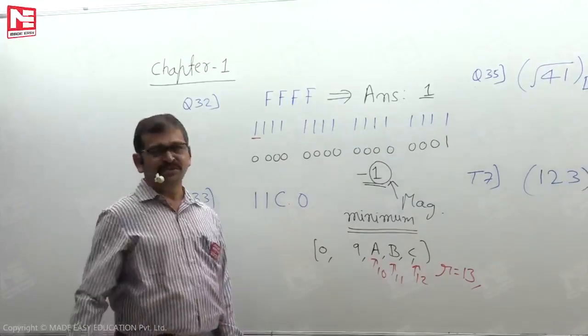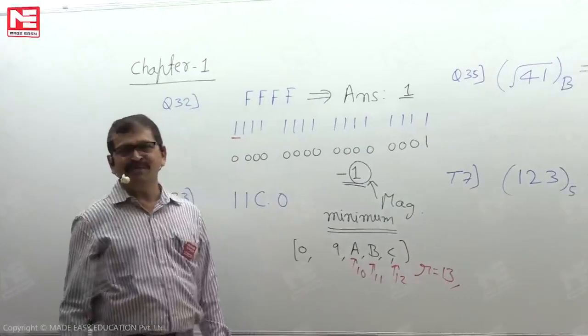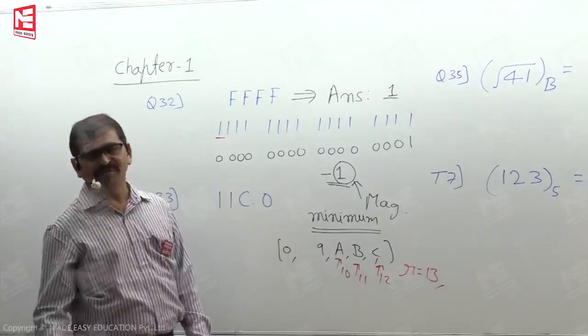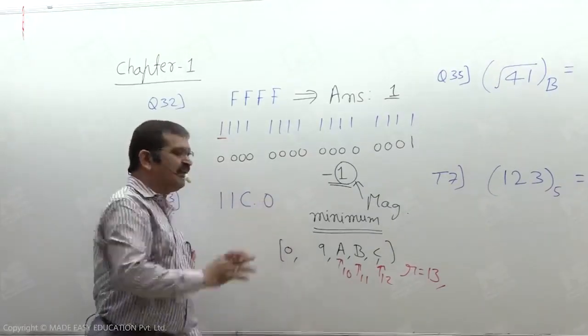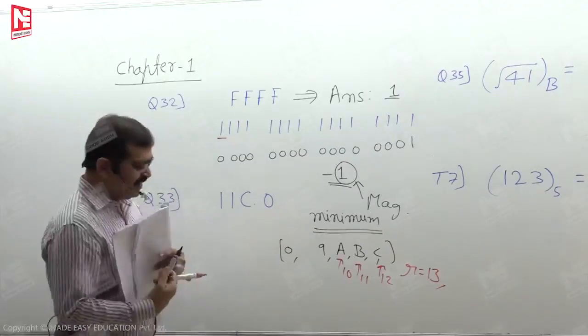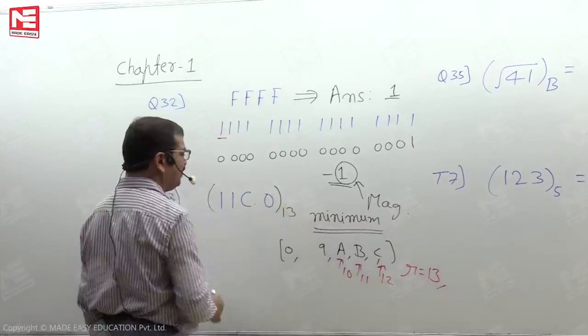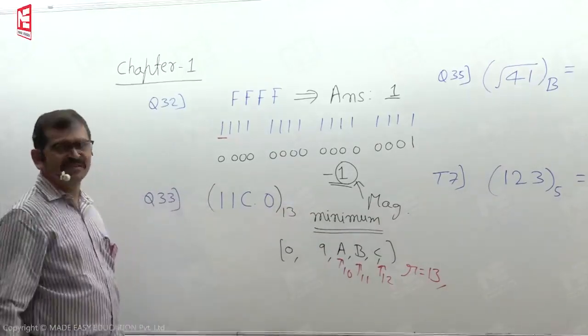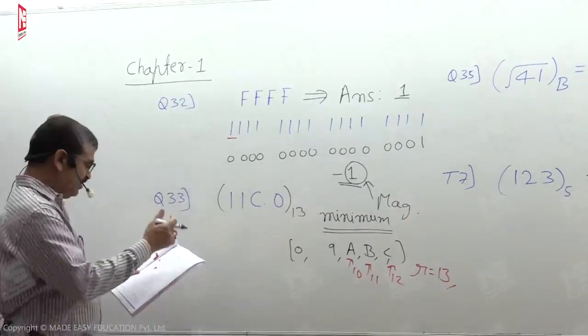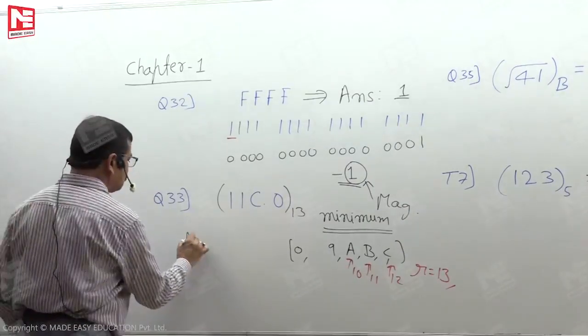But minimum is possible not by using 14, 15. Minimum is possible if the radix is 13. Hence, we decided based on the wording, its base is 13. Once we decide its base is 13, the remaining part is easy. And if you check well, the answer to this question is